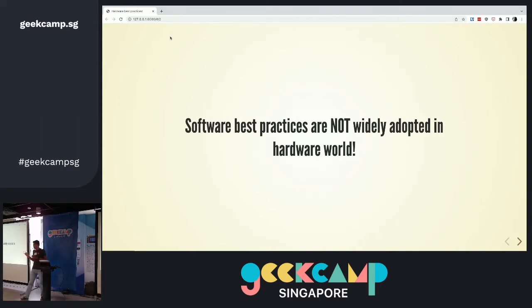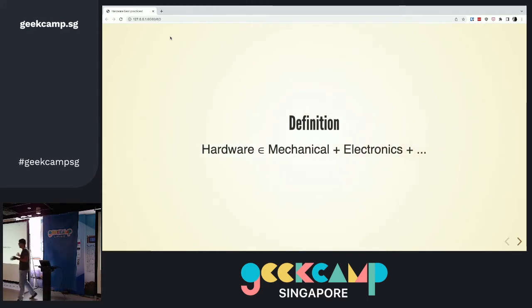We'll go into some of these things and what they are, but before that I want to do a quick definition because this gets confused quite a bit and people don't know what they're talking about. Hardware is a very generic term. I'm using this a lot in this talk, but what I mean is mechanical engineering, mechanical development, and electronics engineering and development for making standard products. So this could be watches, or mobile phones, whatever, things that you use on a daily basis.